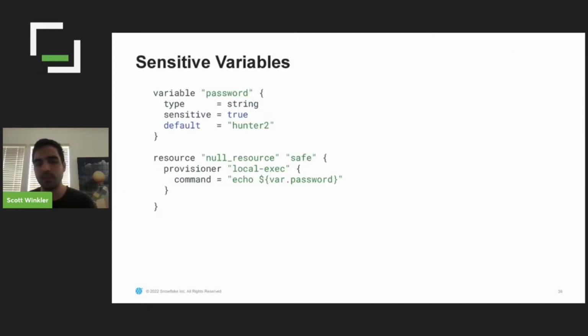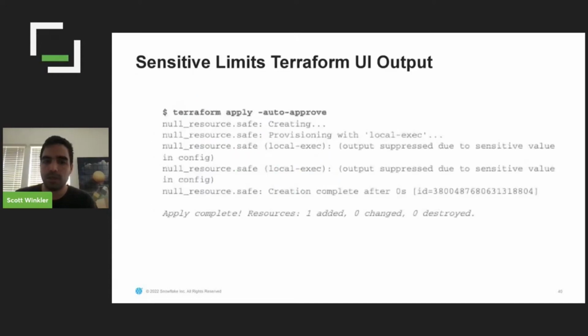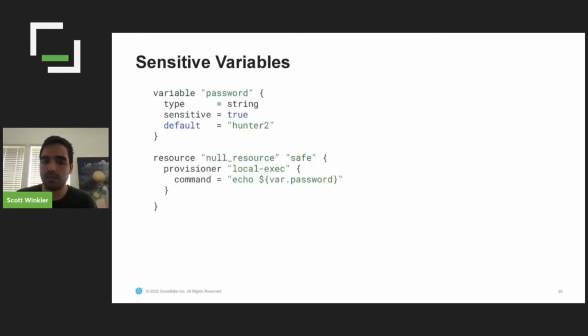Sensitive variables, you should definitely use them. They prevent secrets from being outputted during the plan. For example, if you set this password as sensitive true, then it wouldn't appear in the output. So even using this